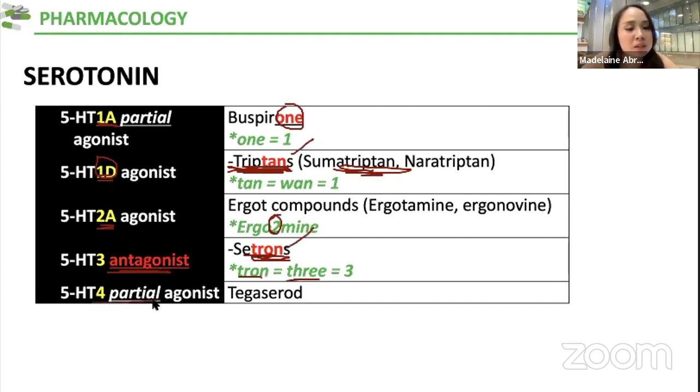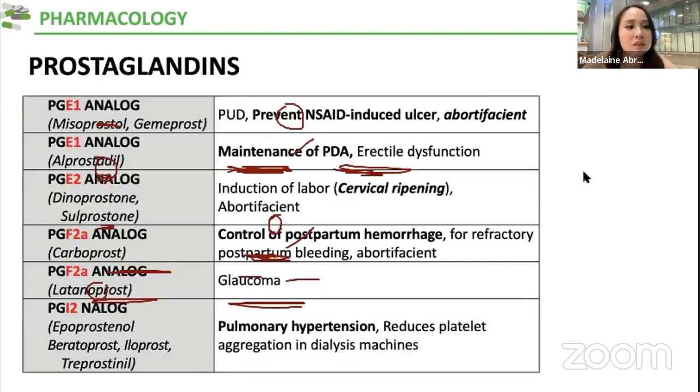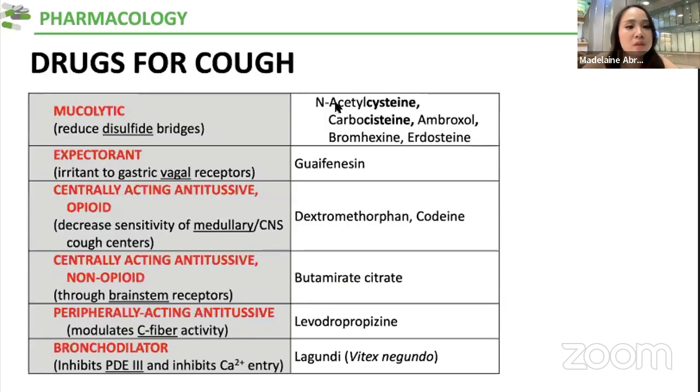Then lastly, palatandaan ko dito, sa dulo na. Tingnan nyo, yung nasa dulo, tagasunod. So tegaserod, tagasunod. Siya yung serotonin 4, siya yung sa dulo. Your prostaglandins, na-discuss na natin earlier. Hindi ko na i-expound now. These are discussed in your quizmaster. So drugs for cough, ito